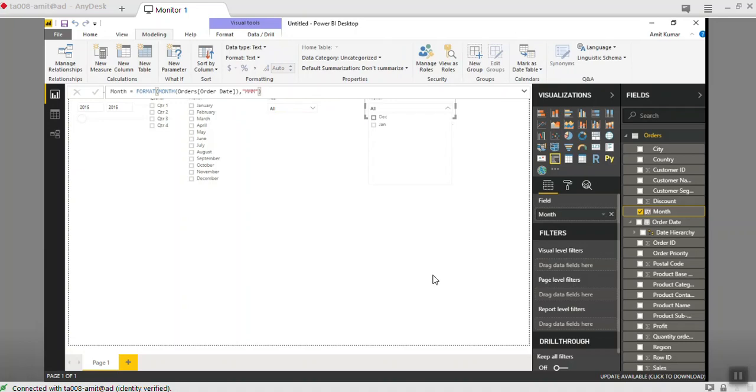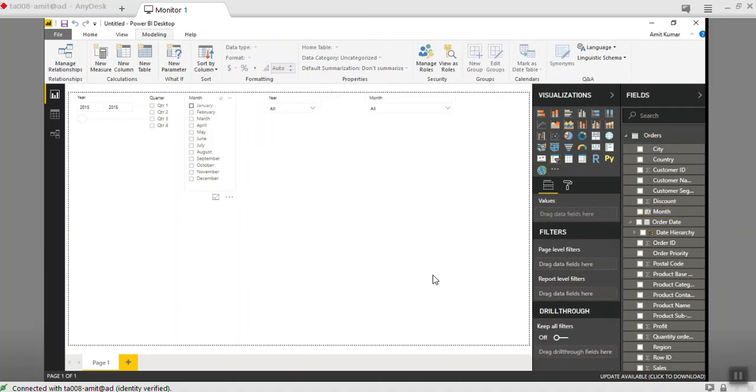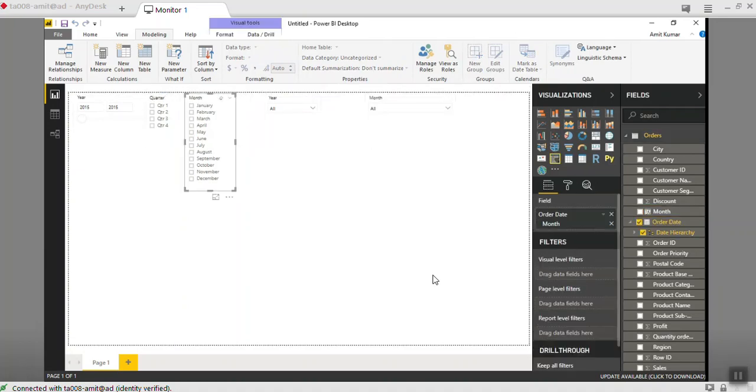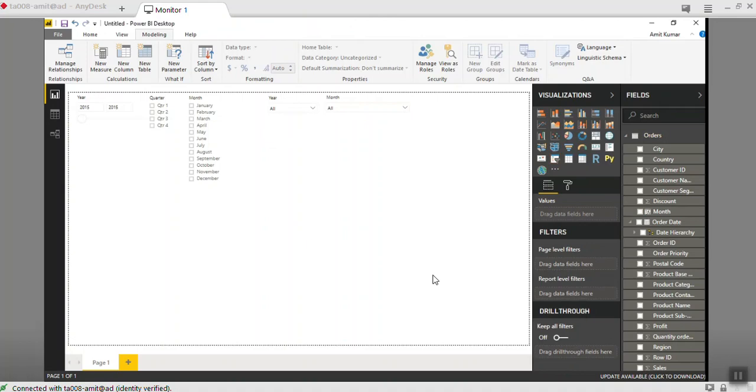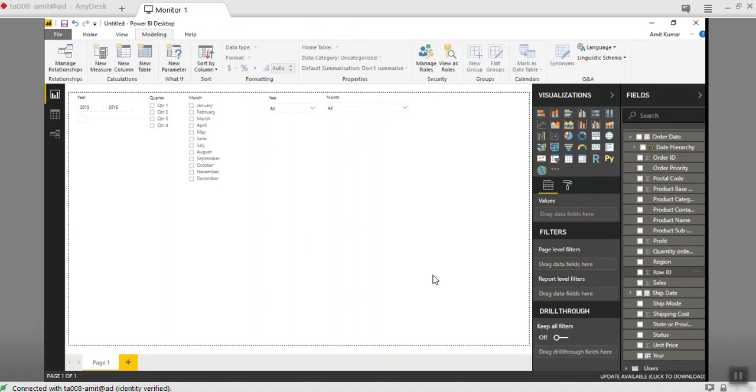Okay. So that's how you can add the columns basically.